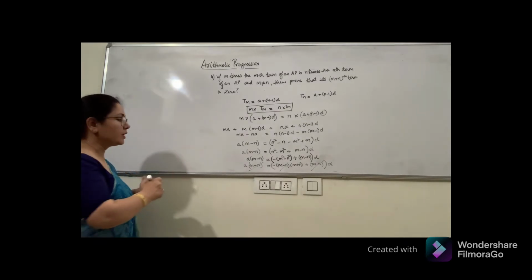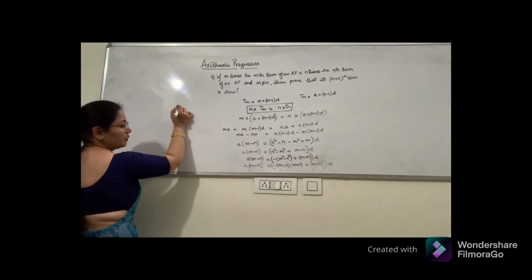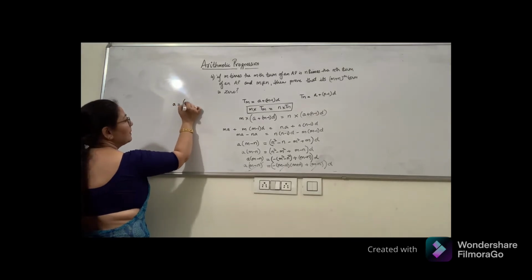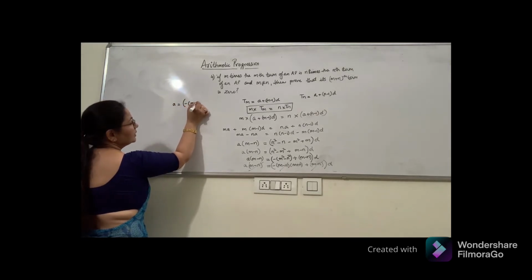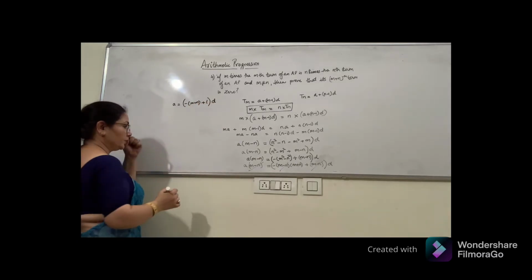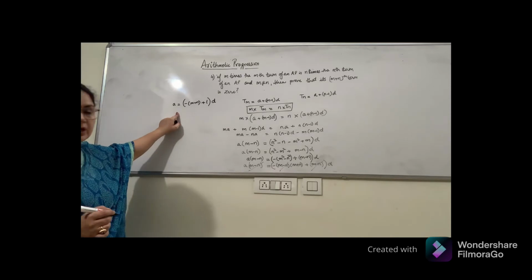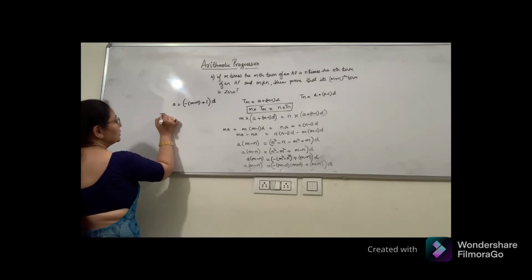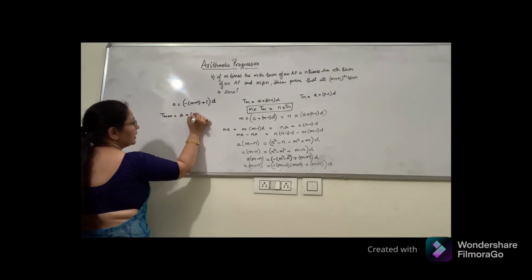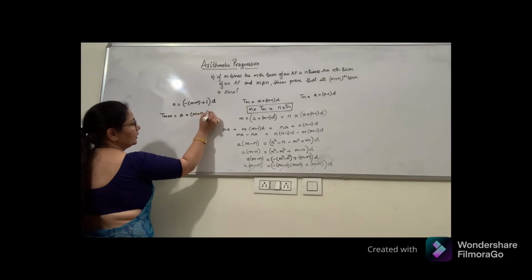To this side I'm right. Okay, so I'm left with a here, and then minus of m plus n there, and plus 1, and overall I have d. Okay, so I've got this relation now. So now I'll put the values in t. I have to find out t m plus n term. ठीक है, ये हमें फाइंड करना था. So a m plus n minus 1 d.